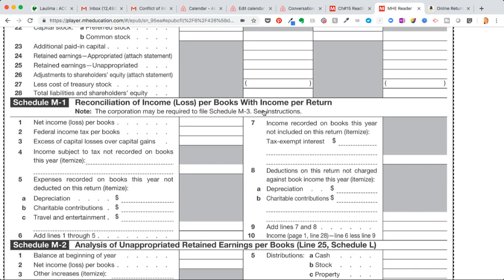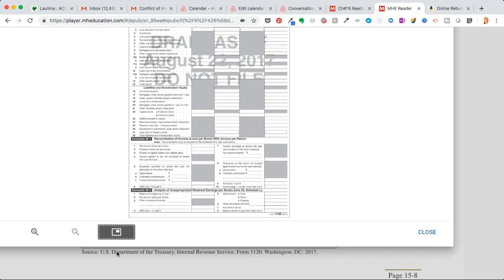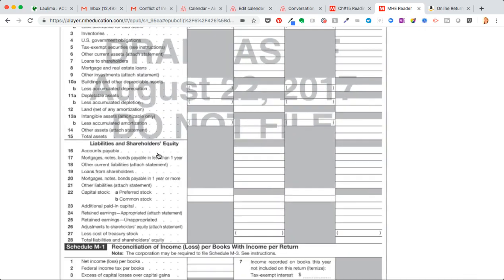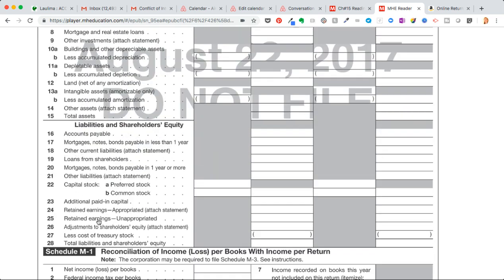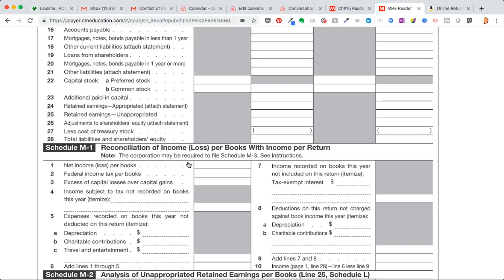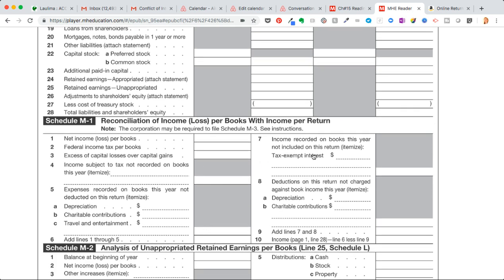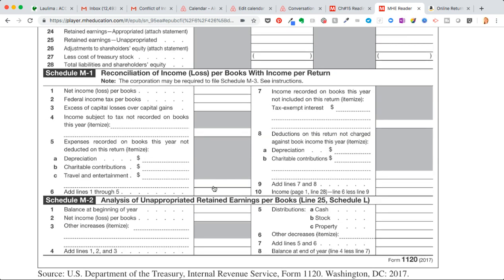And then here, Schedule M-1, net income per books. That amount, net income per books on Schedule M-1, is showing up under here in retained earnings for the balance sheet. So we're going to start with that, and then we put our federal income tax per books, and then we are going to reconcile the difference for all the adjustments we had to make, and we're going to match page 1, line 28, which is this amount